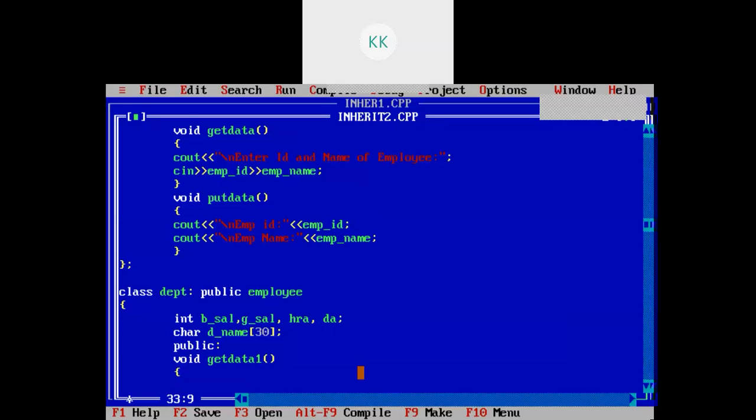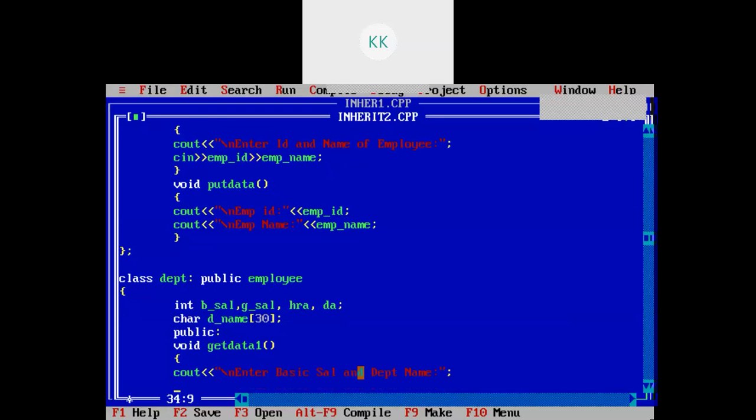Here get data 1, cout, enter basic salary and department name, and I will read basic salary and department name.